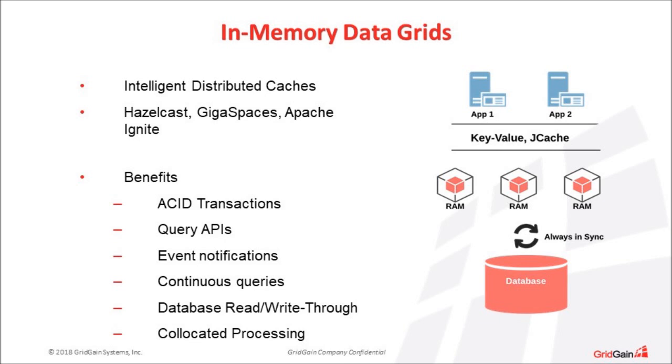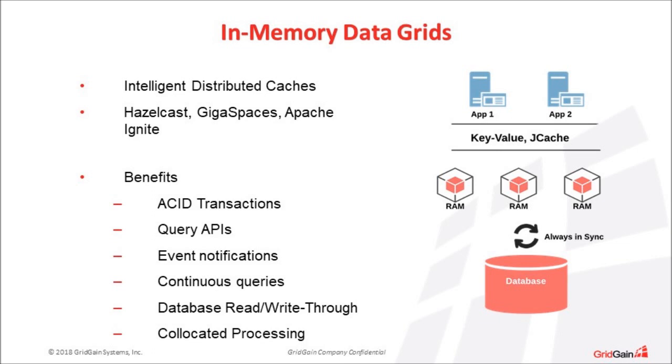If you look at distributed caches, databases had to be synchronized manually, a pattern called cache-aside pattern. Essentially, you update your cache, and then you update your database. And if something fails in between, it's your responsibility to synchronize it. When it comes to data grids, database synchronization happens out of the box. If data is updated in memory, the update is automatically propagated to the database. And if the data is read in memory and it's not there, if it's not cached, it will be automatically